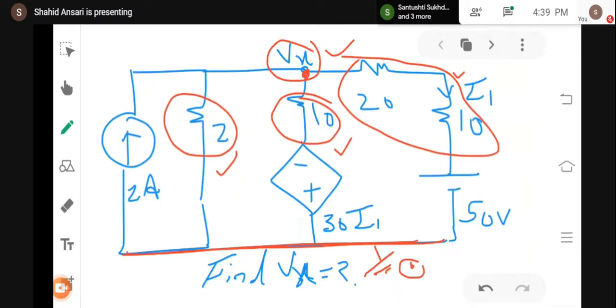You could have written the conventional method also by applying Vx minus 0 divided by 2, Vx minus of plus 50 divided by 30, Vx minus of 30 minus 7 divided by 10. This is also okay, but this will be the best one: 1 by 2, 1 by 10, 1 by 30. Okay, now current source towards